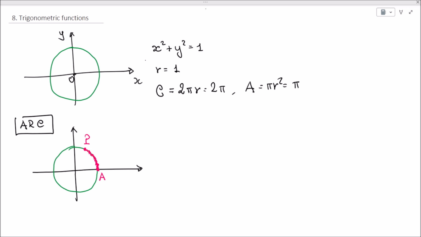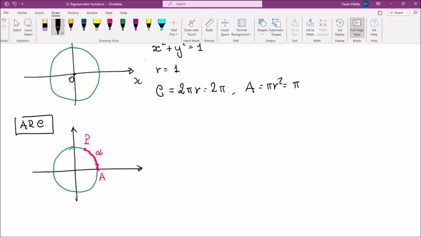If we travel for a length alpha, we say basically that the point P